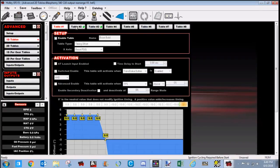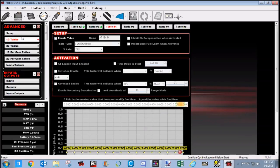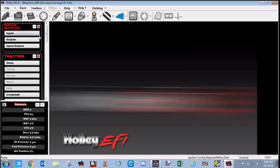I already have the dash software switched and everything, just waiting on the ECU to update. You're doing the update right now? Yep, I had to switch to my phone so it didn't interrupt my...